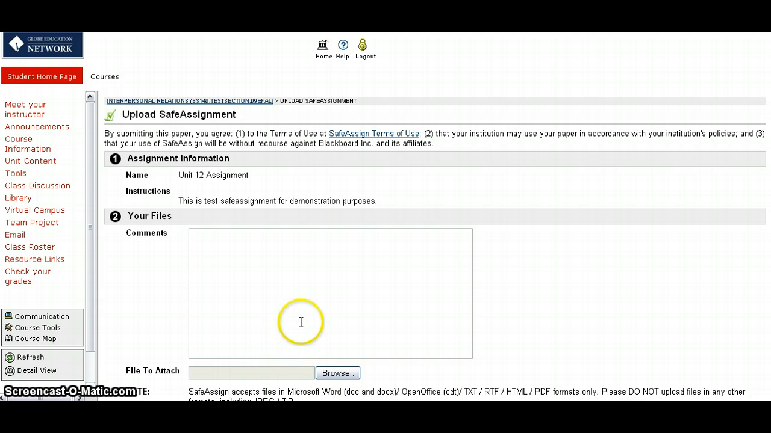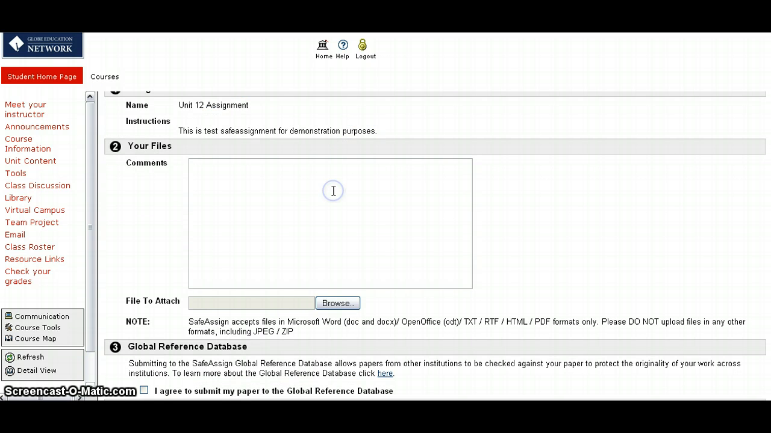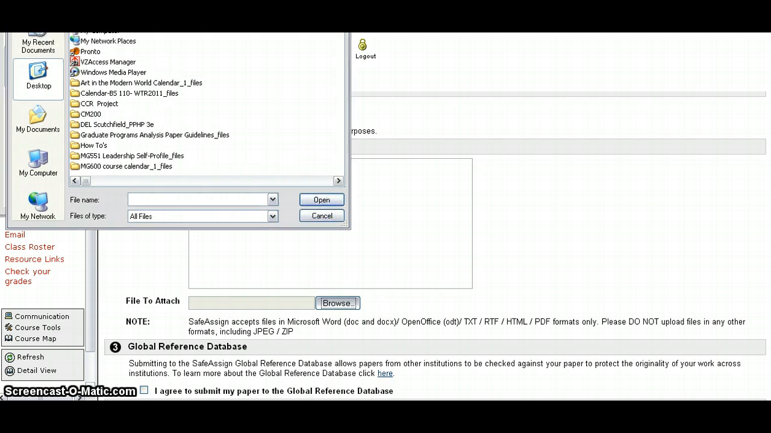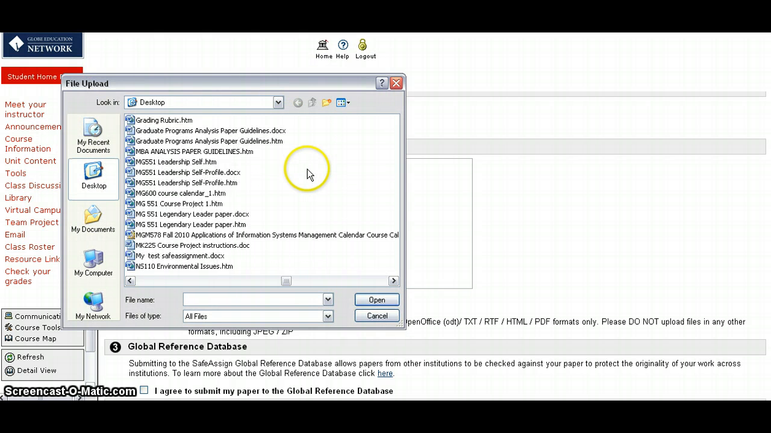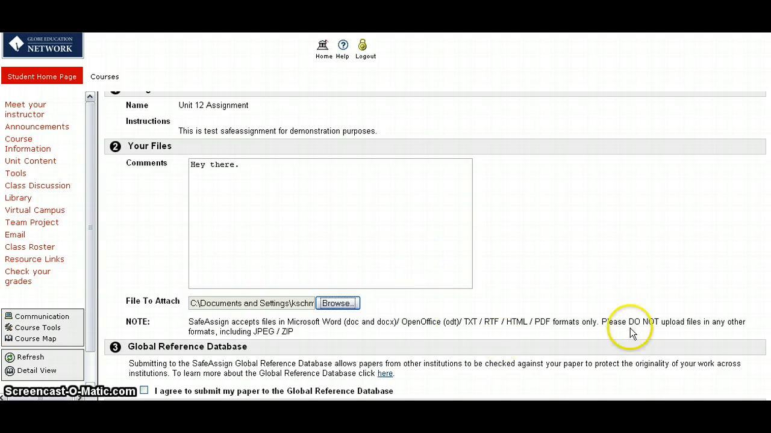and then when they get to the page where they submit their file, they're going to see some information just saying if you submit this paper you agree to the terms of SafeAssign. They can read all about it here if they want to. Then they can just go ahead and make a comment like they would for any other assignment. They can browse their computer, find the assignment file that they want to submit, and then